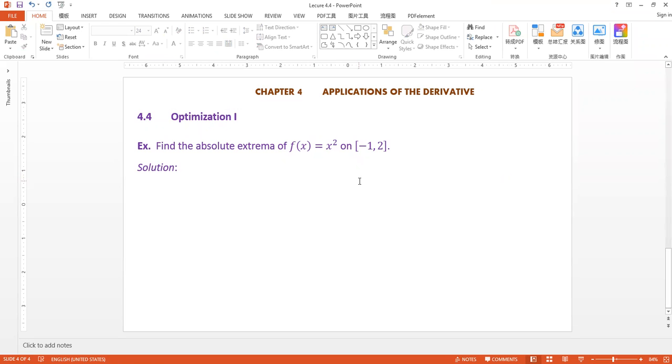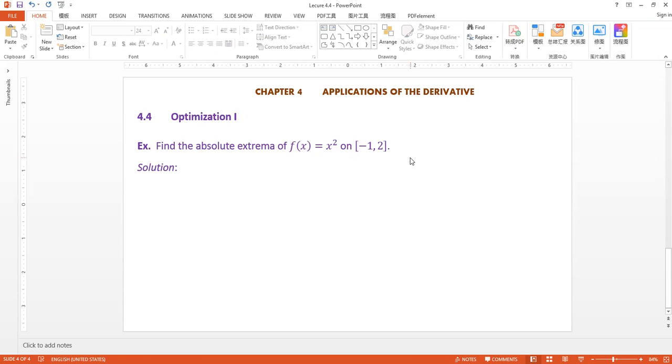I'm going to work through the first example in section 4.4, optimization 1. This section is about finding absolute extrema using derivatives. When you try to find the absolute extrema of a function, you're going to do it in